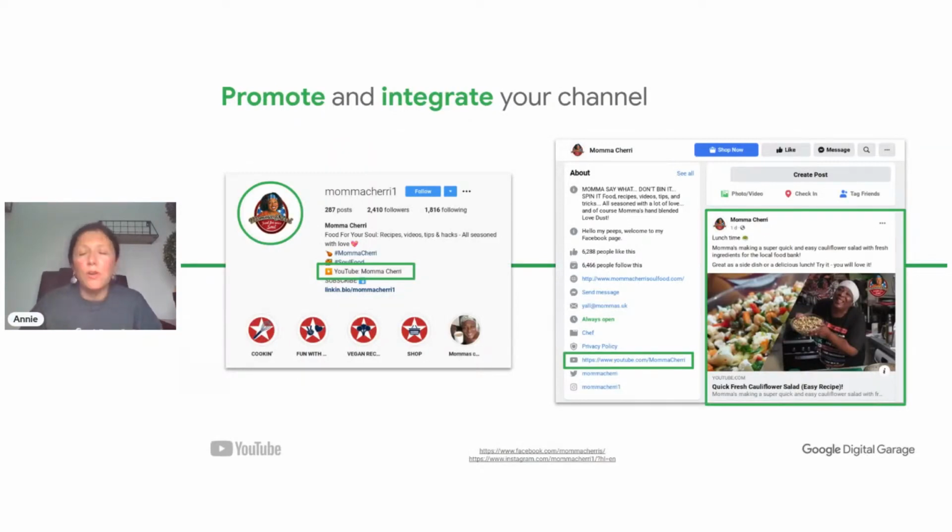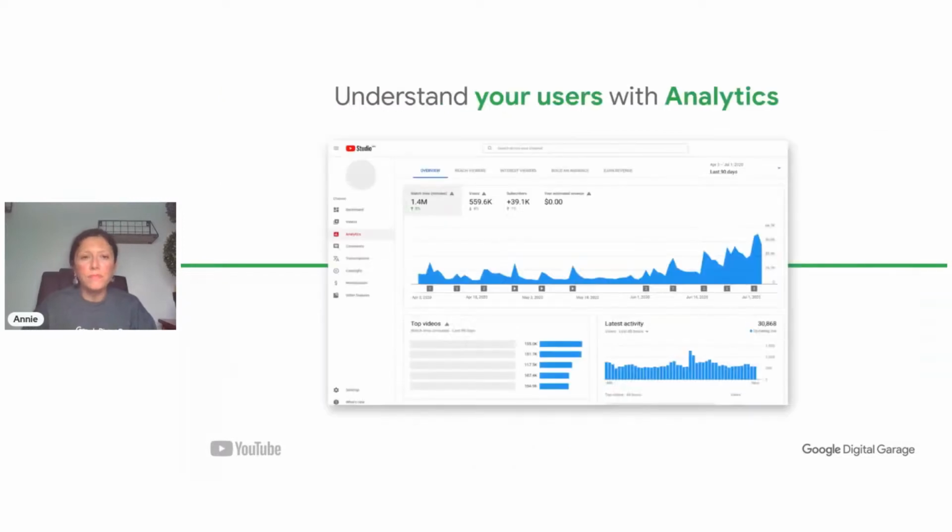And I've noticed we've just gone over time, so I'll try and do this as quickly as possible. So also about that integration of channels, put the sharing buttons on your website for YouTube and your other social media sites. Also make sure that you do your consistent branding of tone of voice on those different sites. So everywhere you go, you know it's Mama Cherry. She's got the same visuals, the same kind of personality, tone of voice, the same visuals everywhere she goes.